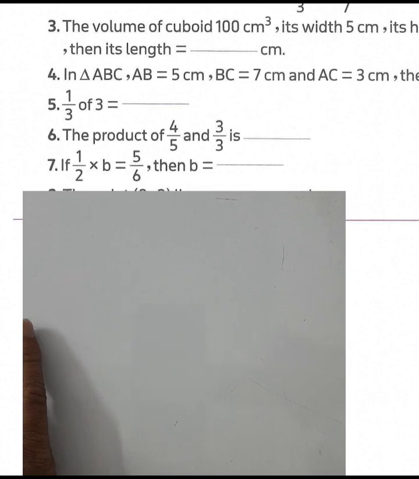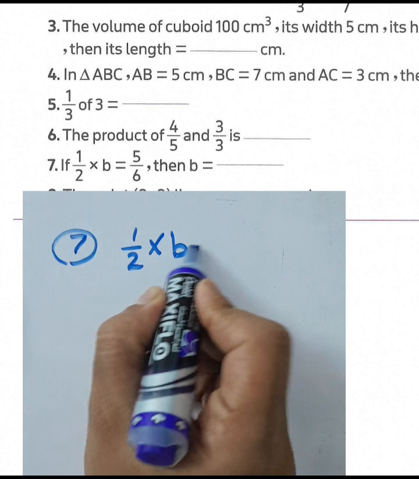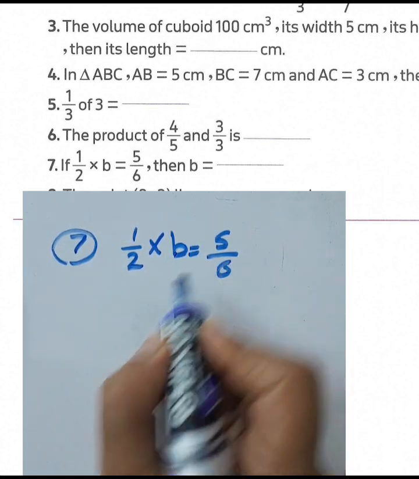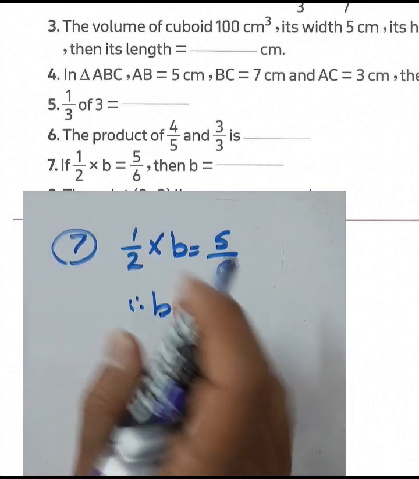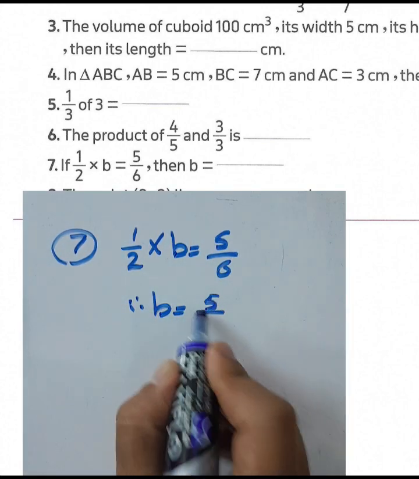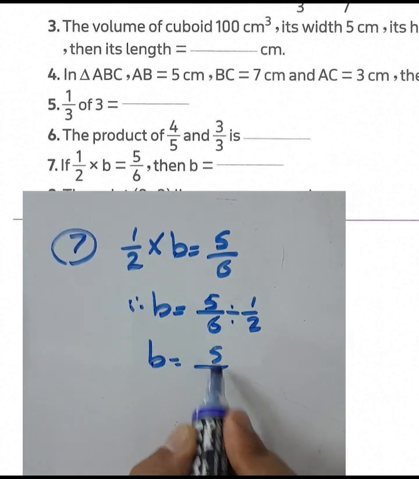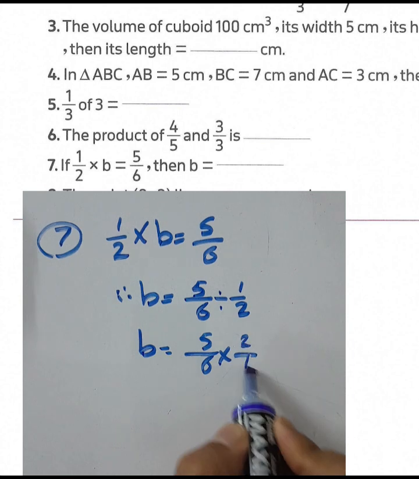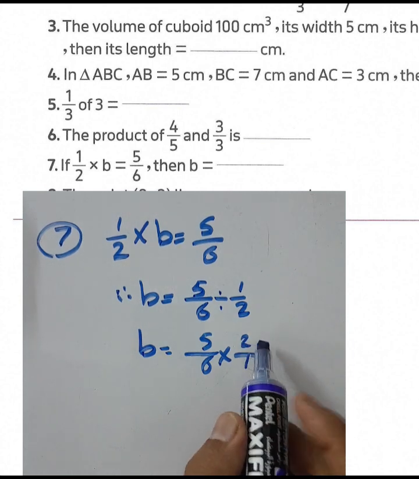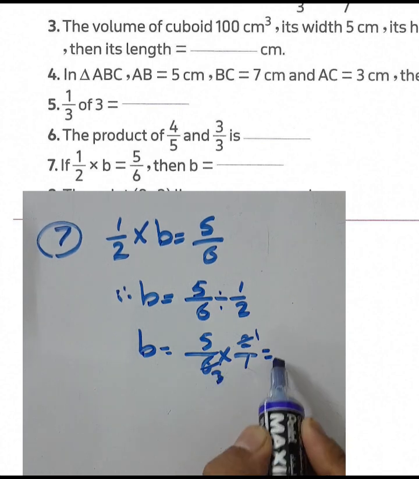Question 7. If half of B equals 5 over 6, then B equals what? We can find the value of B by finding 5 over 6 divided by half. Then the value of B equals 5 over 6 times the reciprocal of half, which is 2 over 1. And then you can simplify it by dividing the numerator and denominator by 2. 2 divided by 2 is 1, 6 divided by 2 equals 3, 1 times 5 equals 5, and 1 times 3